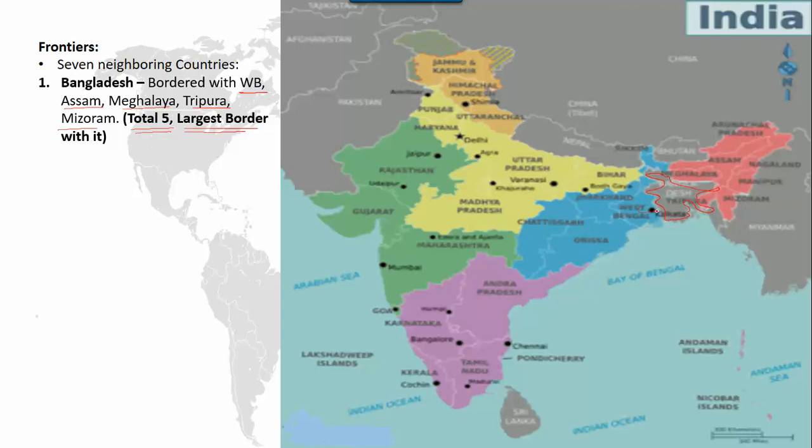West Bengal is there. Assam is there, this portion and this portion. We are having Meghalaya, which is sharing border with it. Mizoram is also sharing border with it. Okay, moving on further, we got China. China's boundary is touching with Jammu and Kashmir,